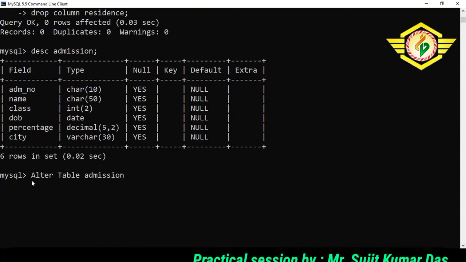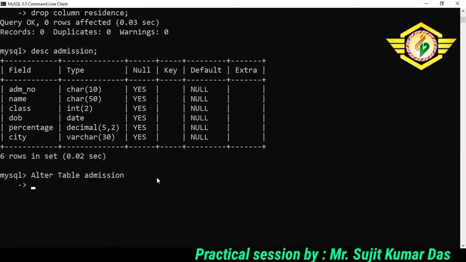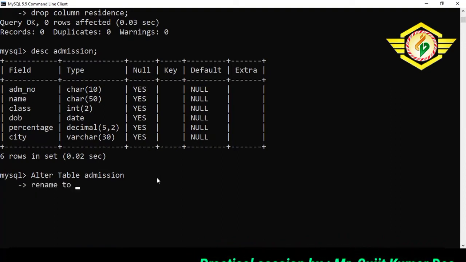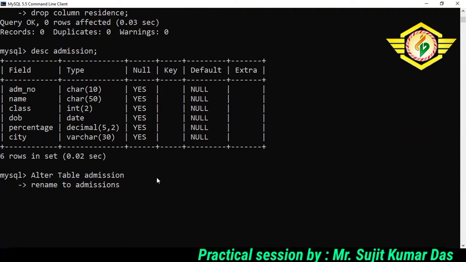Alter table admission. The keyword to change the table name is rename to, and let us suppose change it to admissions. Okay.